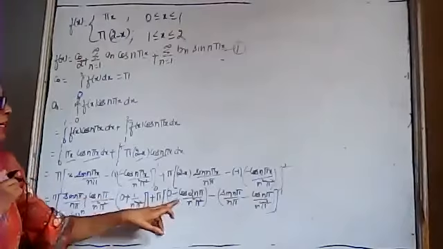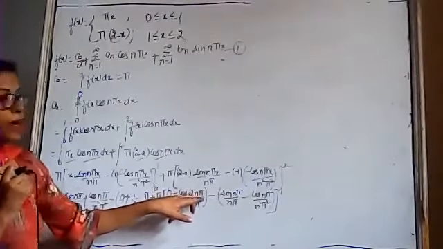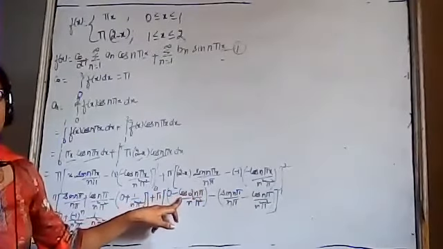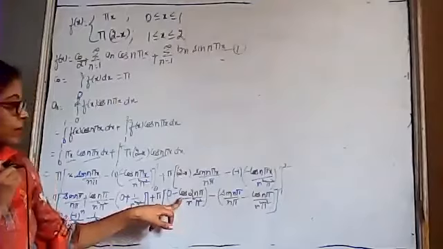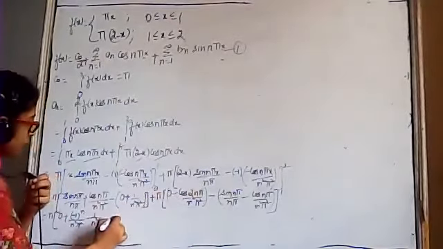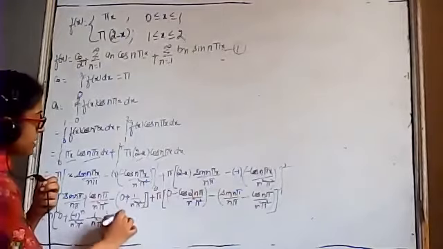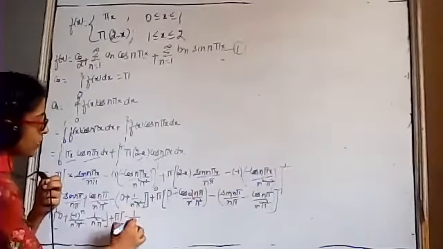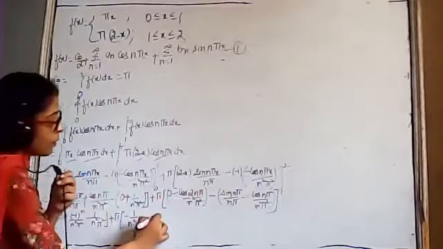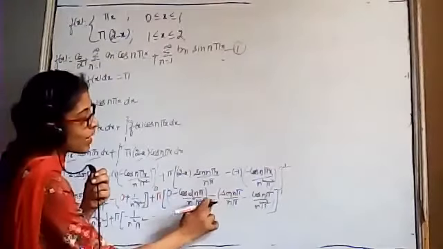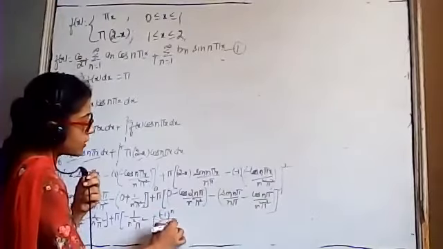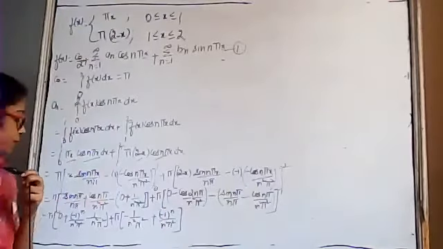Now, beta, this term is cos of 2n pi. And you know that the value of an even multiple of pi in cos is 1. It will be equal to plus pi, it will be minus 1 upon n square pi square, because cos 2n pi is 1. Minus sine n pi is again 0. Minus and minus will be plus, and cos of n pi is minus 1 to the power n upon n square pi square.